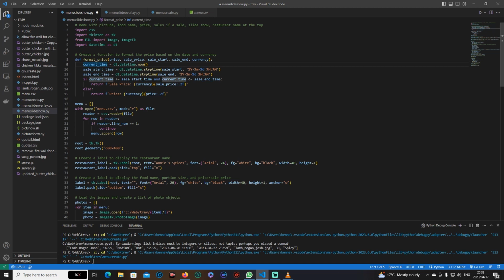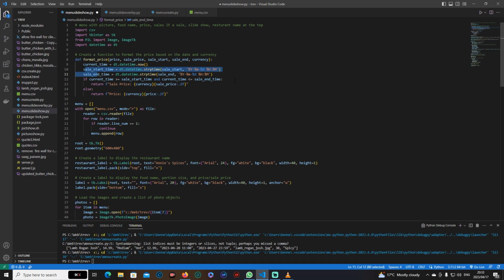Then we get the current time from the machine that I'm on, and that is a date time function now. And then we process the start and end dates. We just put it into a format that date time can understand properly, so we are stripping the time from that,